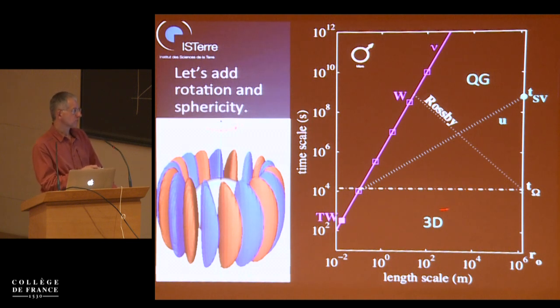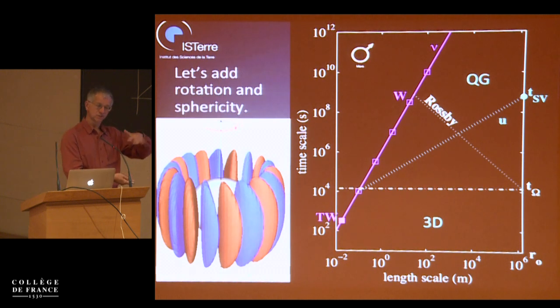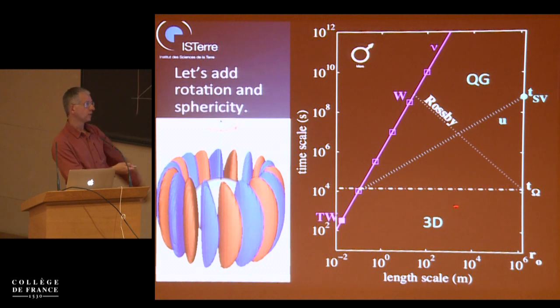In other words, it takes some time to go from here, when you start your eddy, to reach the quasi-geostrophic regime. And in fact, that line is the line which discriminates. That is, for a spherical planet, because you want the column to reach from, say, the equator all the way to the core mantle boundary, it takes a very long time if you start with very small columns.